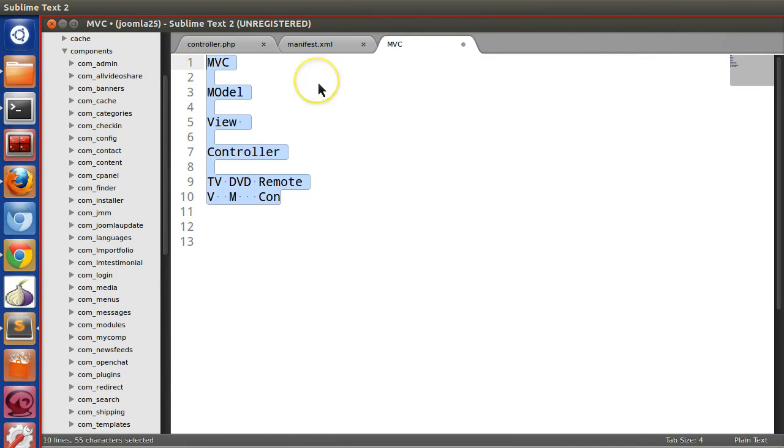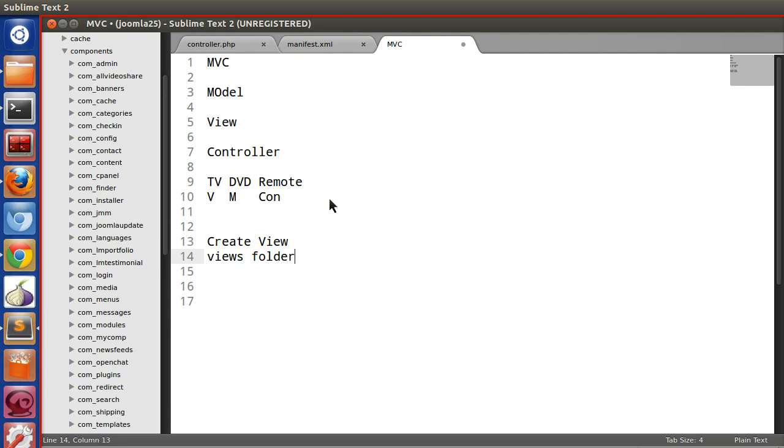So we have to learn how to create a view in your Joomla component. There are some conventions you need to follow. At first, you have to create a views folder inside your component.